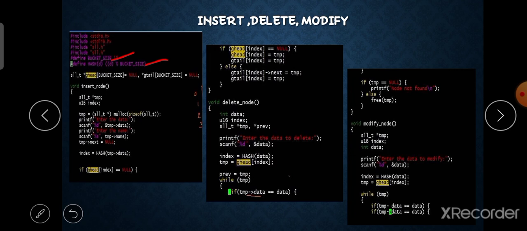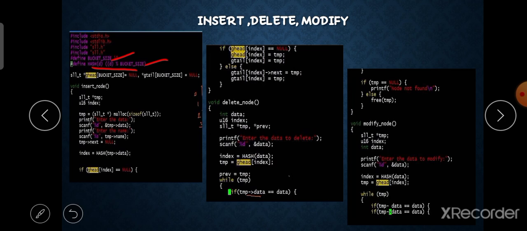Hashing has a bucket size, and each bucket has a list with nodes, evenly distributed, and we find the index by the hashing algorithm. So we only put the node in the corresponding index and get the nodes, and search and delete are all easy in hashing. This is hashing. In this program we use macros to define the bucket size and what hash to be done, and the hashing algorithm is mentioned in the macros.